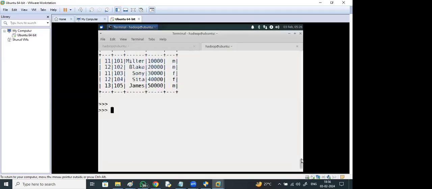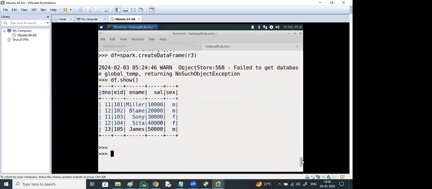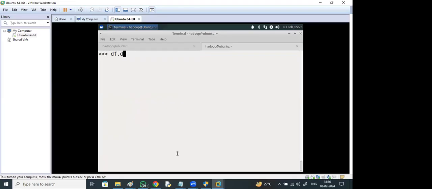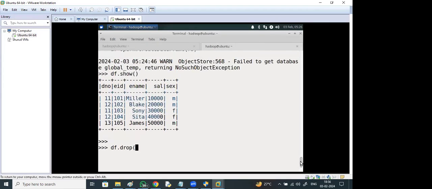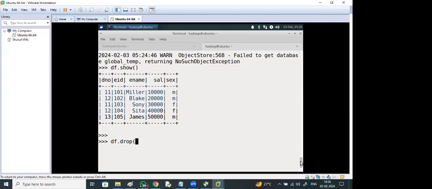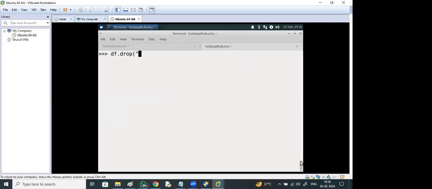Observe this is the data frame: EID, name, salary, sex, department number. df dot drop, which column name? Department number. The data frame dot drop department number column. Store it in a new data frame.